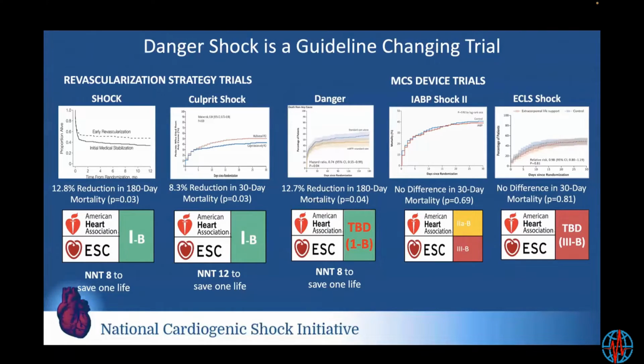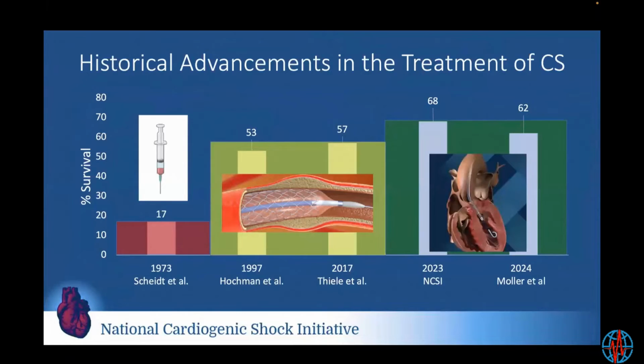I think it should be a 1B recommendation, and it's likely that the ECLS-SHOCK trial, which showed no difference at 30 days between ECMO and no ECMO, or routine use of ECMO, will likely be given a 3B recommendation. And again, that's for the routine use of ECMO. I'll talk a little bit more about how I do not think that the majority of us are actually using ECMO routinely anyway. But it is really important to highlight that DANGER-SHOCK is a historical advancement in the